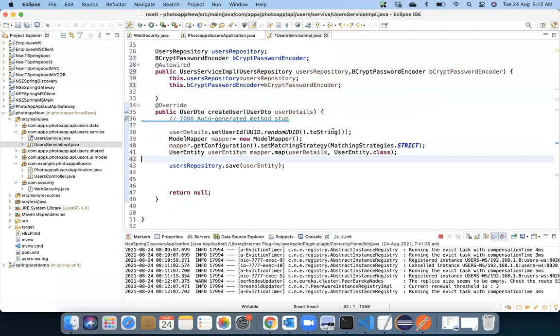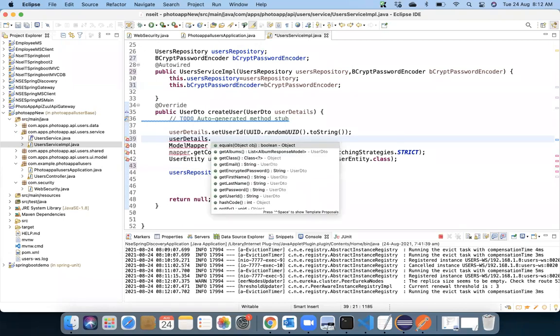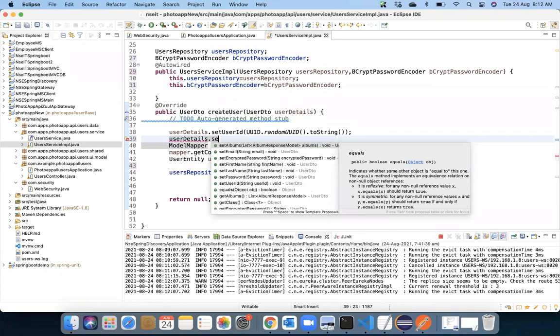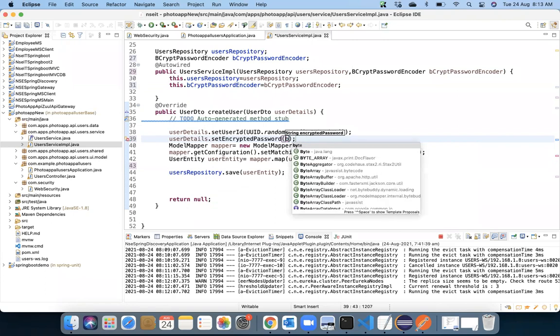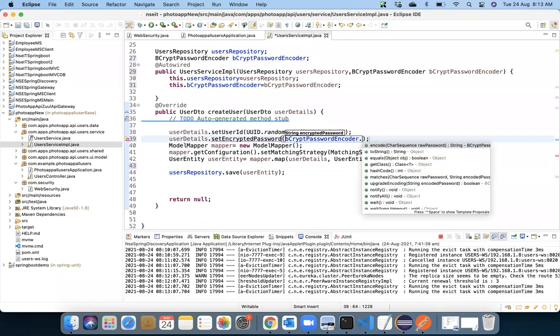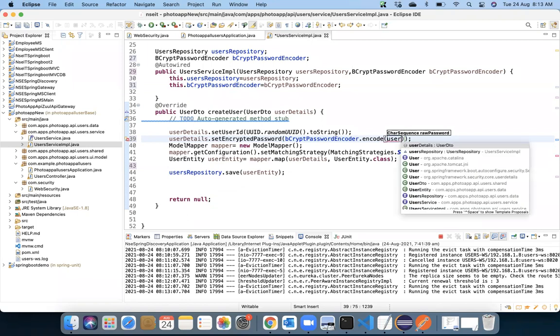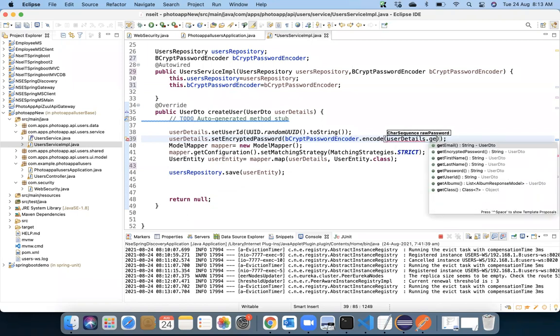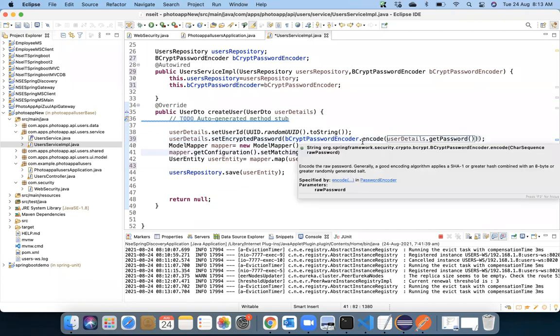So to encrypt this, after this set user ID, I would like to pass userDetails dot setEncryptedPassword, and for this I'll be using bCryptPasswordEncoder dot encode, and here we'll be using userDetails dot getPassword. So this will be responsible to encrypt the password in your application.